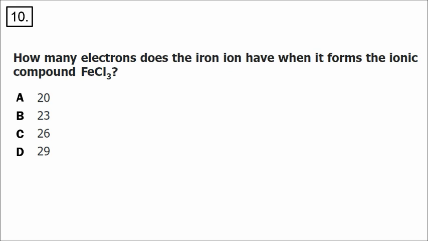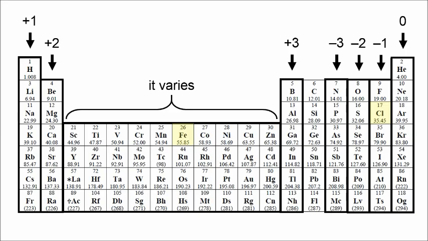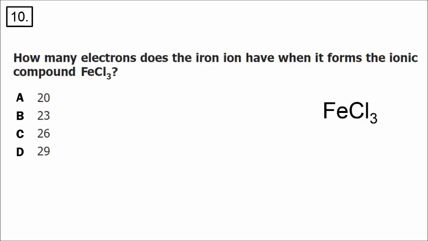In number 10, it says, how many electrons does the iron ion have when it forms the ionic compound FeCl3? Now the charge on iron varies, so it could be +2 or +3, but the charge on the chloride ion is -1. If we know the charge on the chloride ion is -1, and we have 3 of them in the formula, then that means that the charge on that half of the formula is -3, and therefore the charge on the